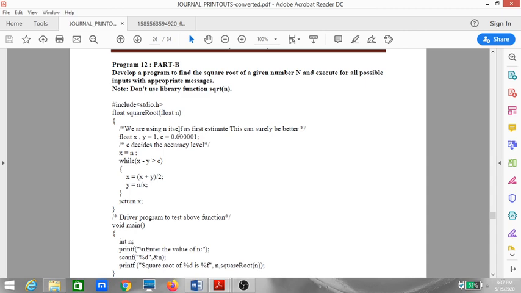Again, this can be changed. You all can make it 0.01, 0.001 depending on how much level of accuracy you want. If you want more accuracy, then you have to take a smaller value here. And if you want less accuracy, that means even if you get a bigger difference, if it is okay, then you all can take a bigger value here. If you take a smaller number here, then in this while loop you will have many iterations. If you take a bigger value here, you will have fewer iterations. So this is what you have to keep in mind.